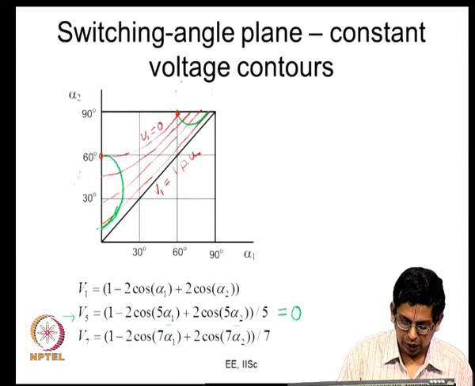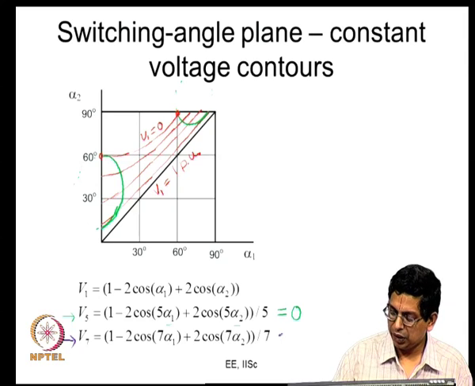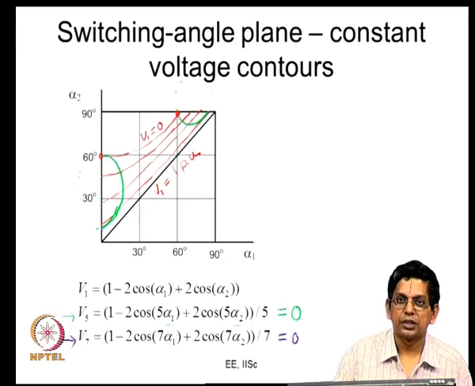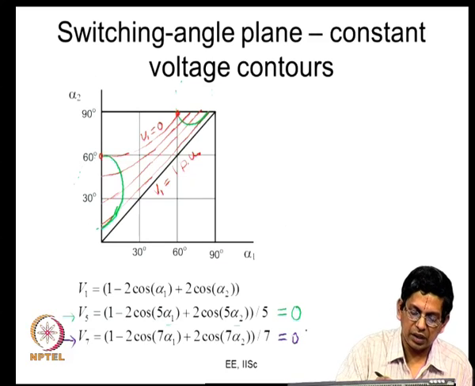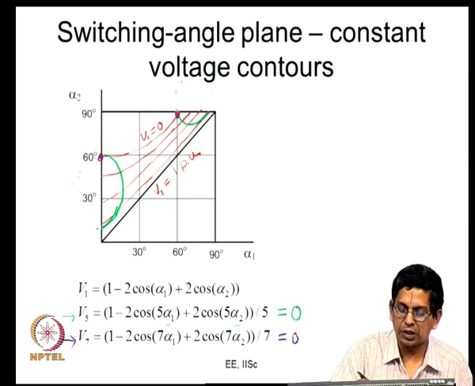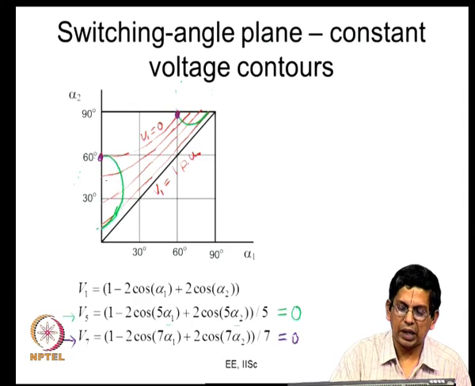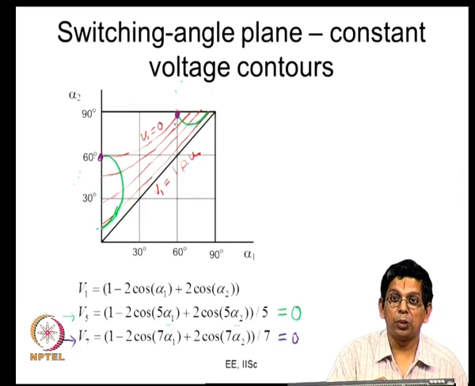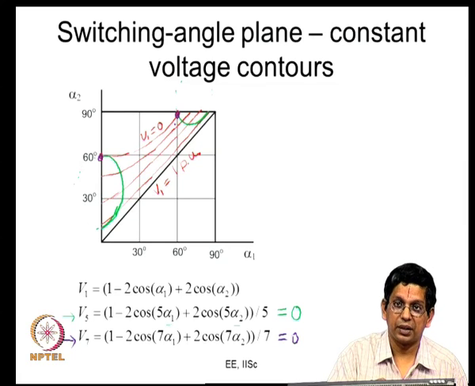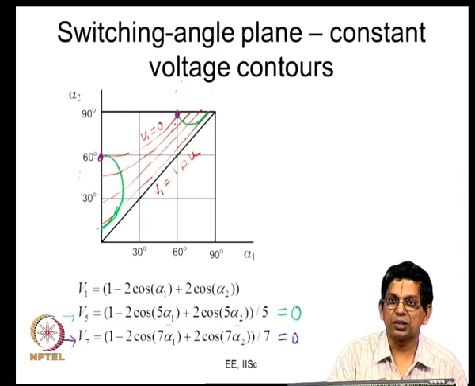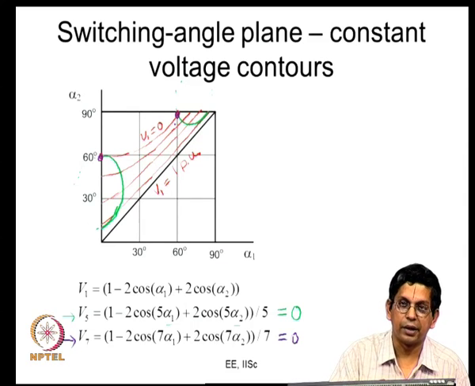So, I can consider this equation, equate it to 0, and you can see the set of all points where the seventh harmonic is 0. You will once again see that at this point the seventh harmonic is 0, and at this point the seventh harmonic is 0. Those are the points at which the PWM waveform is a triplen frequency square wave, a third frequency square wave. So, you will not have any components other than the third harmonics there.